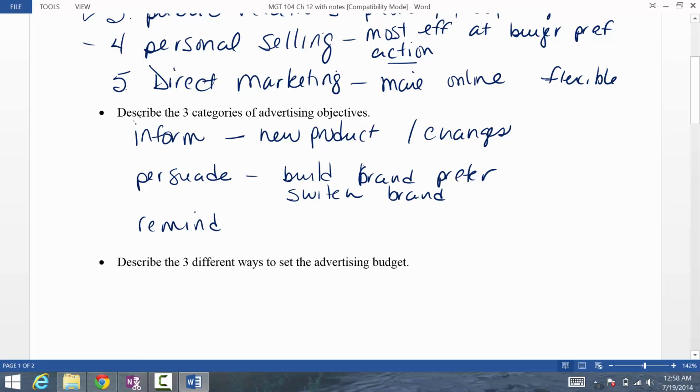That would be persuading as well. Sometimes you are trying to just persuade them to purchase it now. That's another type of persuasive advertisement. And then reminding, a lot of this is just to maintain the relationships, or to remind people in the off